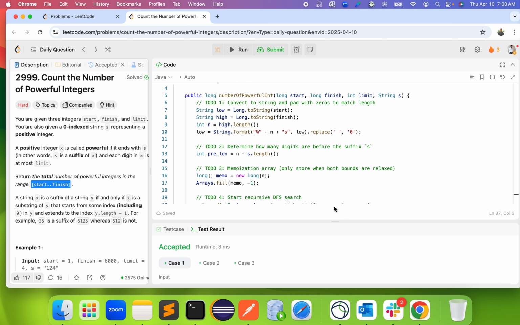Okay, leave it. So what we will do, we will determine how many digits are before the suffix s, and for that we have to do n dot s dot length. We will get the pre-length, right? So what we are doing here, we will split the numbers into two parts, right? And we will have a prefix that is called digits we can choose freely with the constants, and suffix fixed digit from s. And we will use depth first search to explore all possible valid prefix, and for each digit,